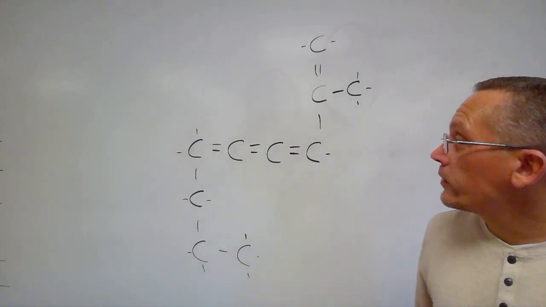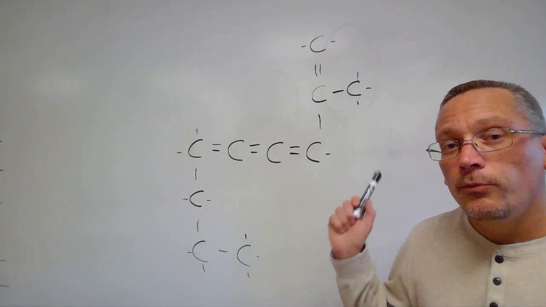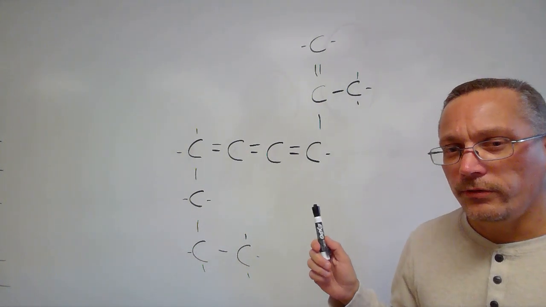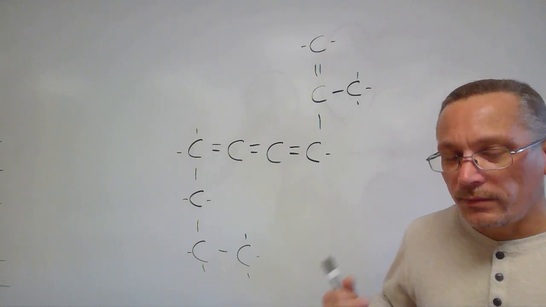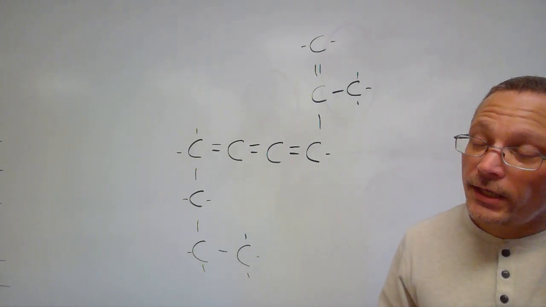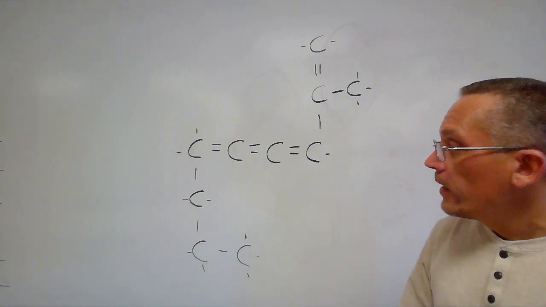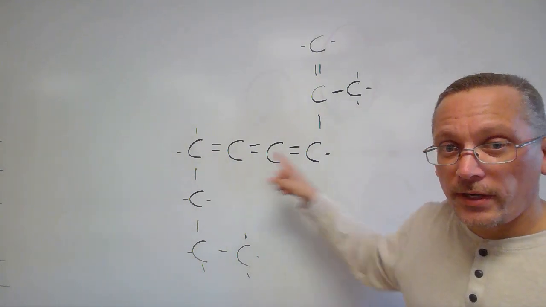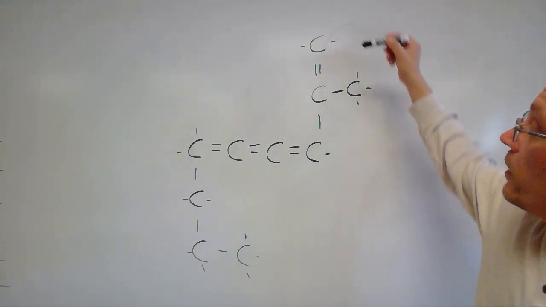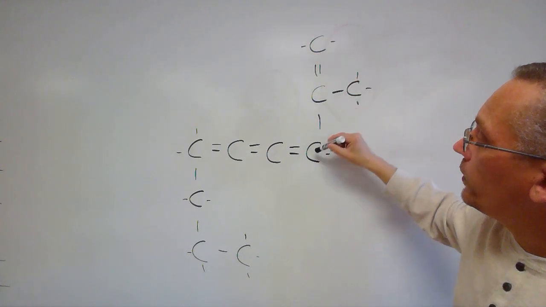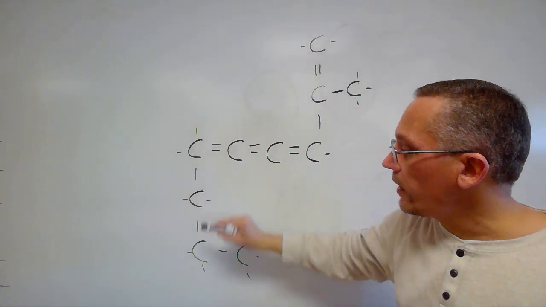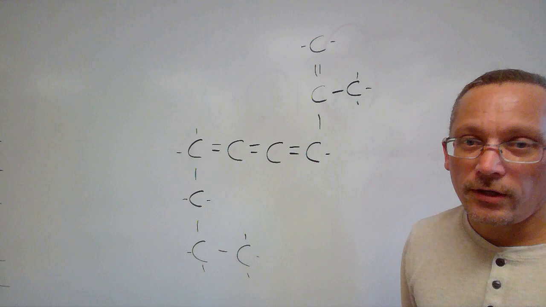Okay, here's another one for us to look at. This one is a little bit tricky because it kind of bends and snakes all over the place. We've got to look at what our main chain is here. We've got to see how many carbons we can get in our main chain. Obviously, it's not just what's in a straight line. So if we start up here, we can get 1, 2, 3, 4, 5, 6, 7, 8, 9 carbons in